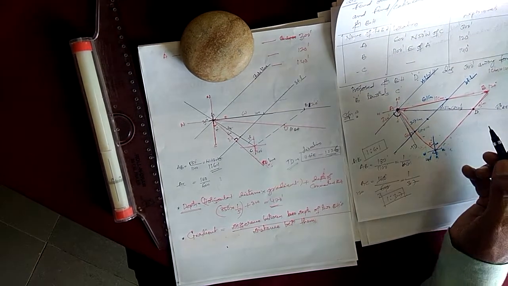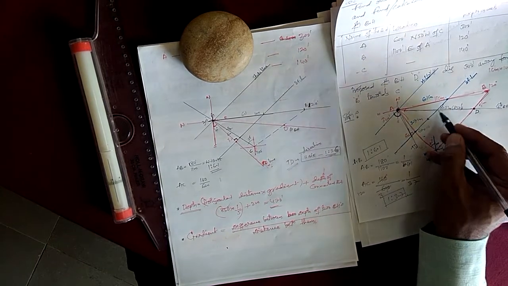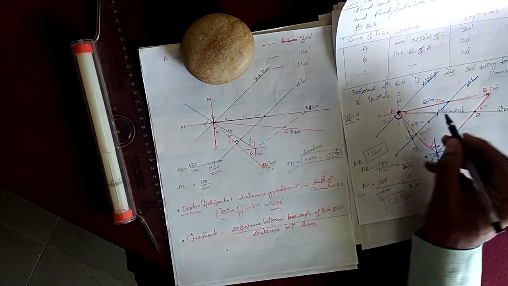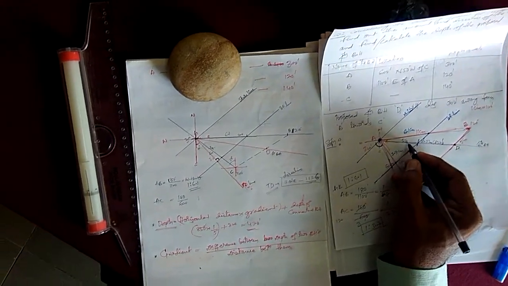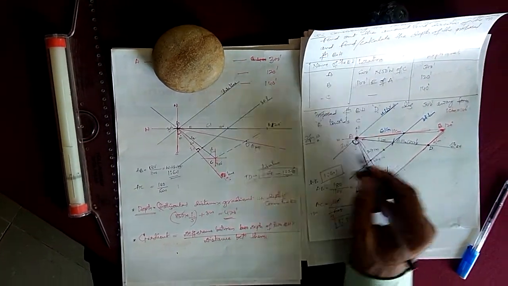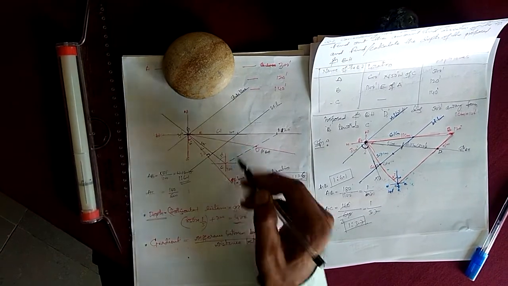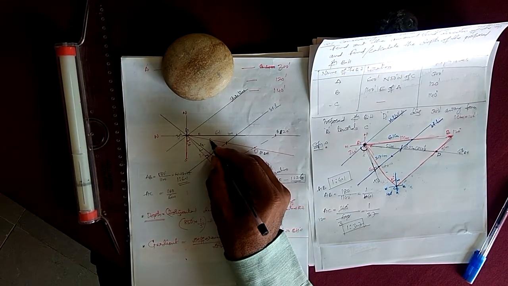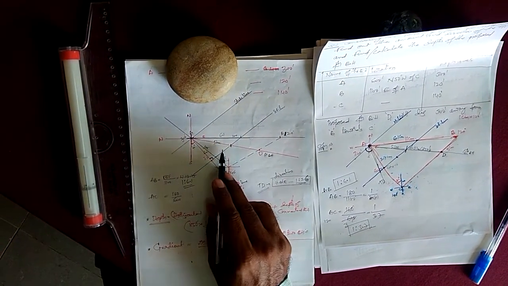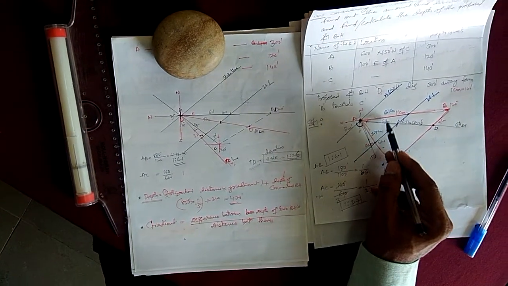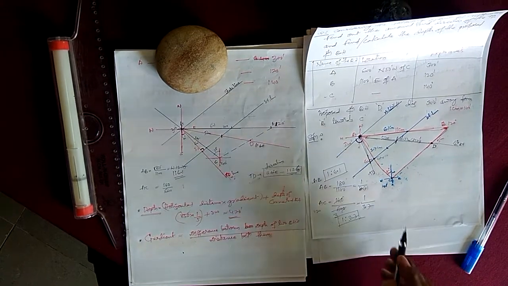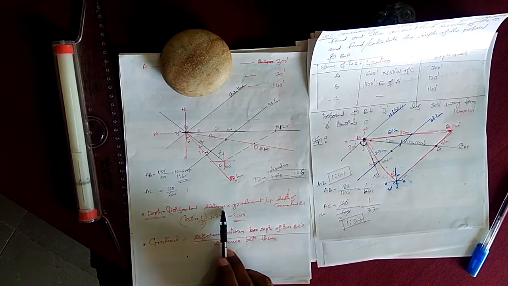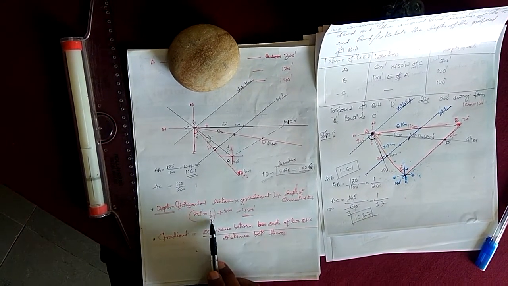And gradient, how much did you get? You have to calculate the distance between these two points, from the center to the strike line. Somewhere it is 5 centimeters. I have got here somewhere 5 centimeters in this figure. So it is nothing but 1:5. 1:5 means 1 divided by 5. How do I have to write? It is the horizontal distance 850 into 1 by 5.